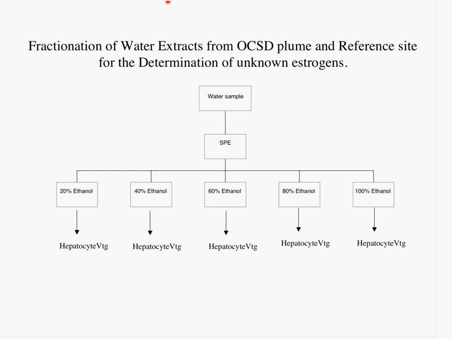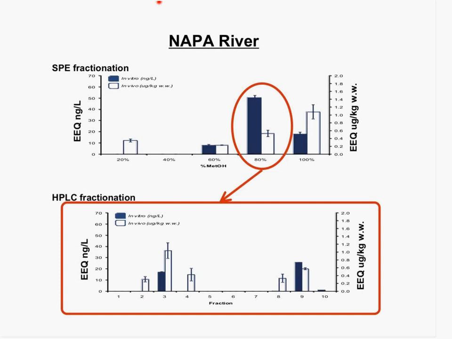So that approach, at least for the Napa River and the Sacramento River Delta. So the Napa River sites here. In this particular case, we actually used methanol instead of ethanol because it gave us a little bit better extraction efficiencies. Again, we used an in vitro and in vivo response, and you can see that most of the activity, again in estradiol equivalents, came out in the 80 and 100% fractions of that sample that we